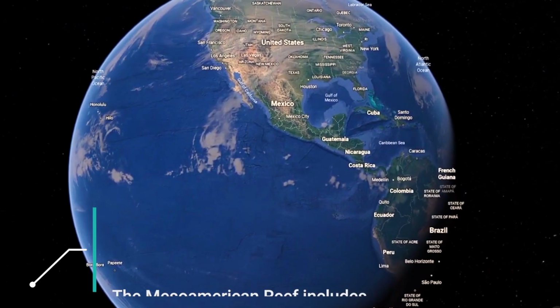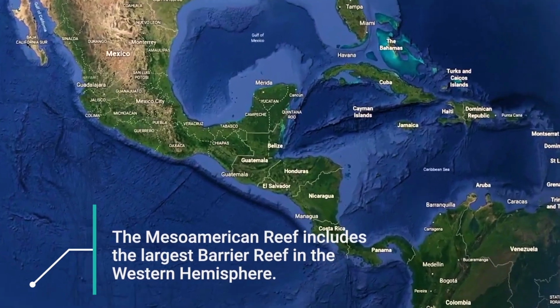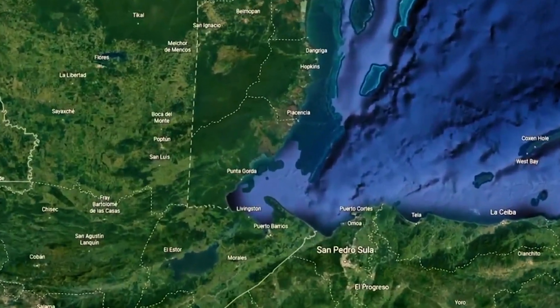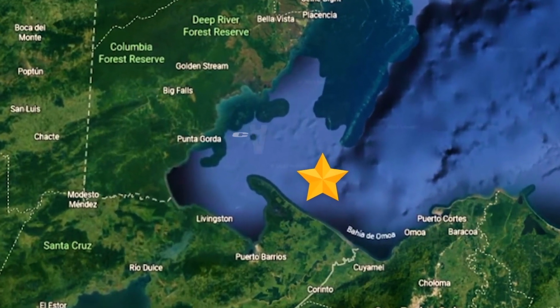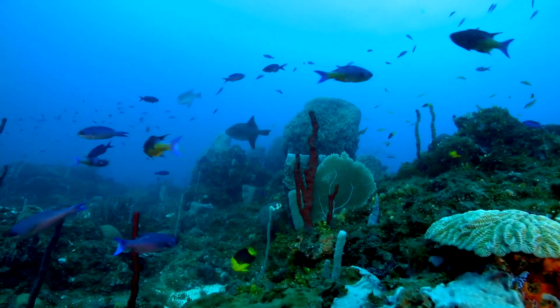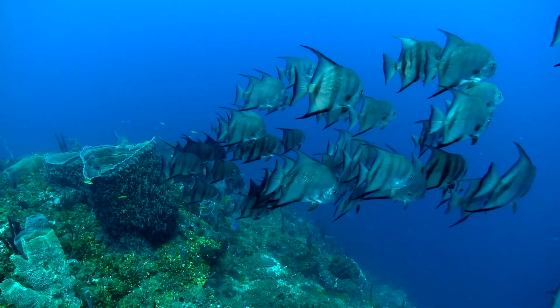The Mesoamerican Reef, the largest reef system in the Western Hemisphere, continues to surprise us. Nestled in the Gulf of Honduras between Guatemala and southern Belize lies a recently discovered reef system named Cayman Crown. The name was given because of the crown-like formation of the shallow coral reef and the steep walls that end